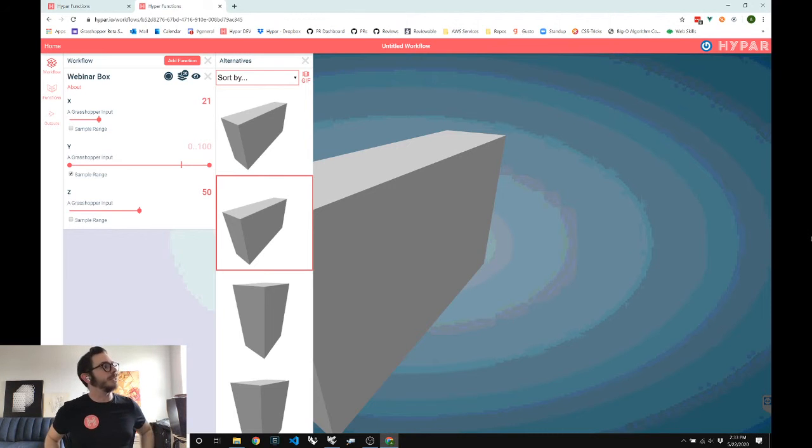And what we mean by encapsulation is basically when you're developing software, you want to make sure that the pieces you're working on live in a black box. There's a clear interface and you only need to know a few things in order to use it. You don't need to know all of the logic of what goes inside. And I think you've probably experienced this working with Grasshopper scripts shared by other people: if you don't know everything that's going on in that script, it can be really difficult to use. It can be really difficult to adapt to other workflows. And so I think one of the benefits of using Grasshopper in this way in tandem with Hypar,